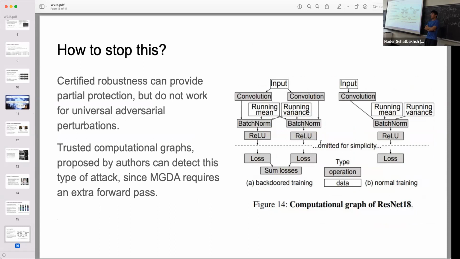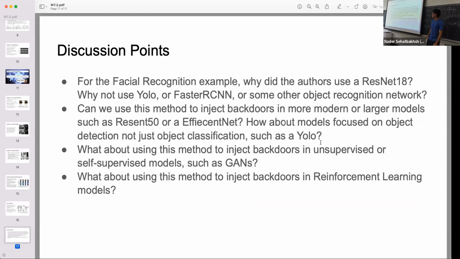So how do we stop this? Well, certified robustness can provide partial protection, but it won't work for universal adversarial perturbations. Trusted computational graphs proposed by the writers of the paper can detect this type of attack, since MGDA requires an extra forward pass. Okay, and then some discussion points are, first of all, for the facial recognition, I found it